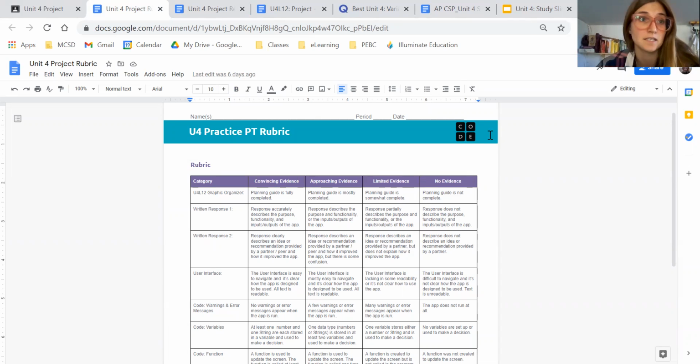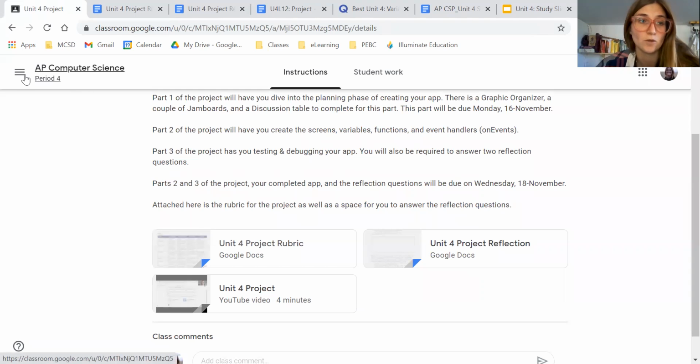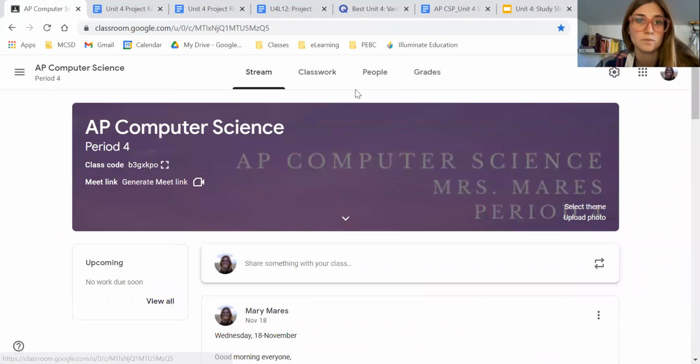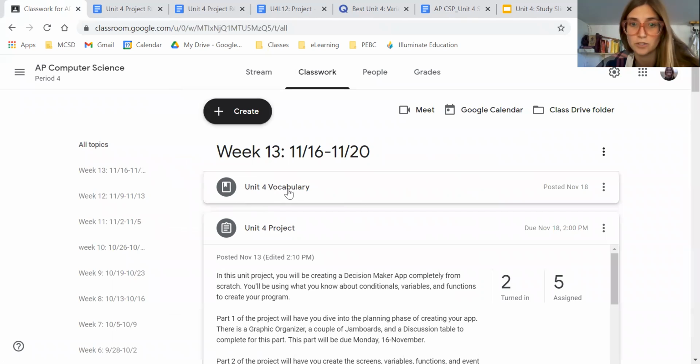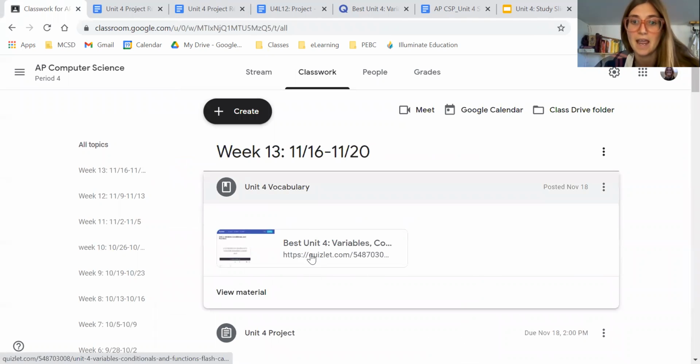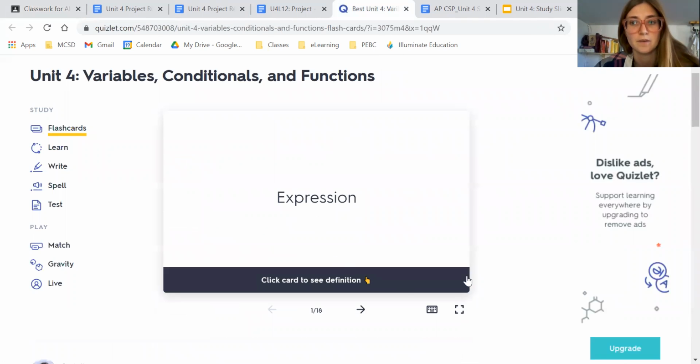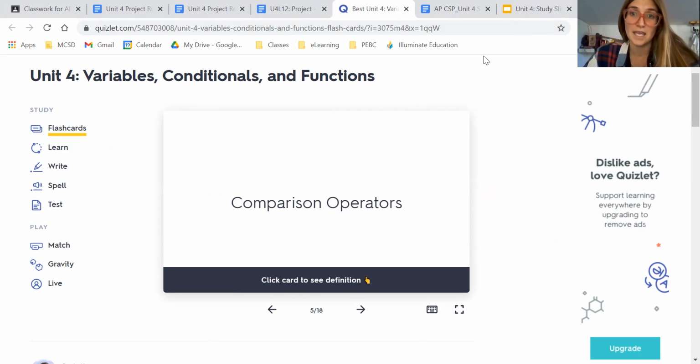First thing is it's posted in Google Classroom. Under classwork, there's this Unit 4 vocabulary, and there's a Quizlet there. There it is. Okay, and you can go through the different vocab words this way. There's also a couple games you can use as well, which might be more fun than just flashcards. Additionally, the second thing is